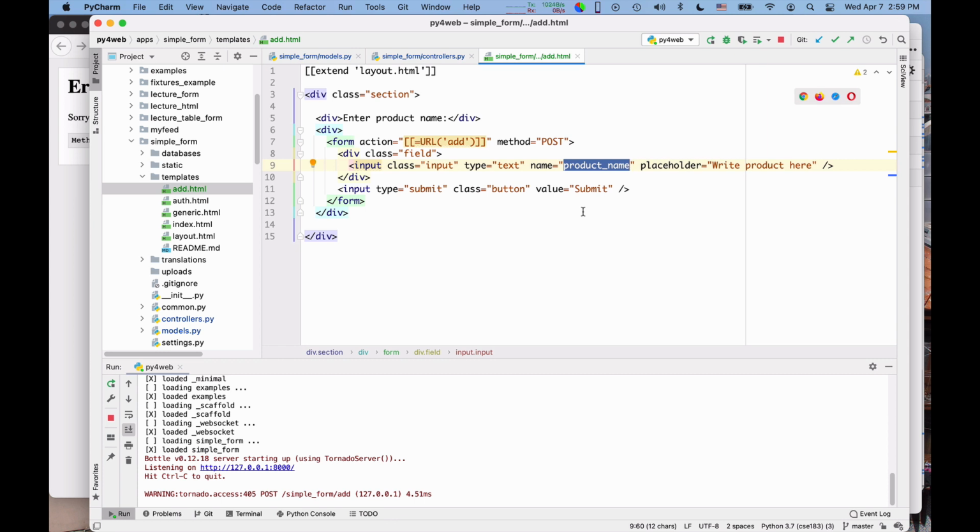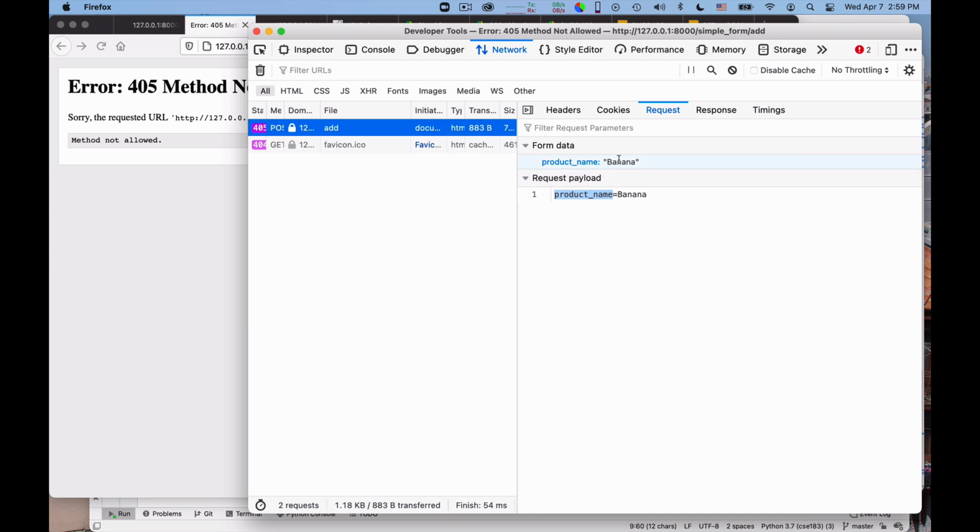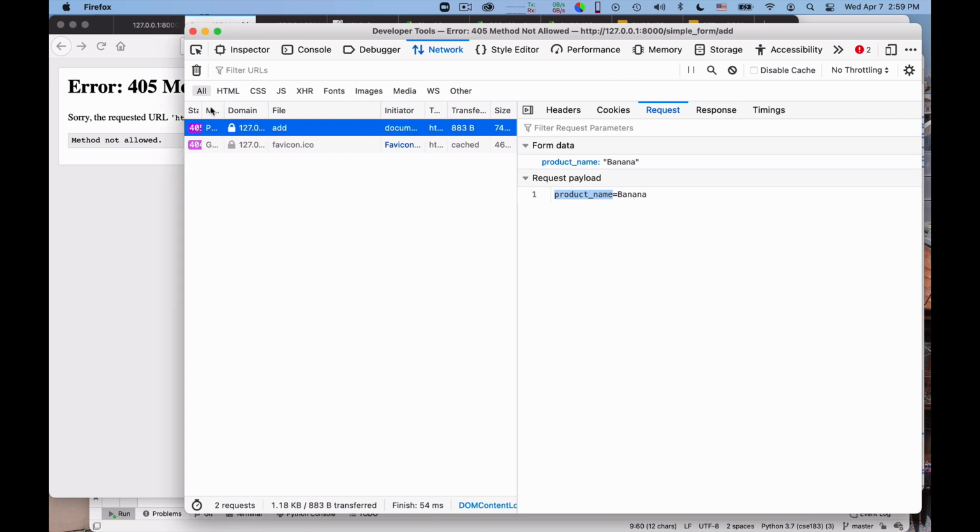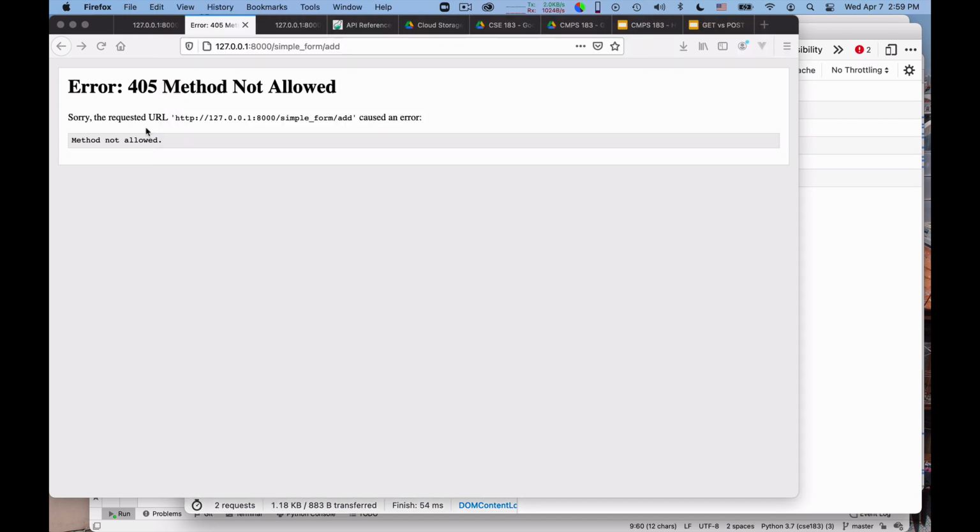So essentially what we sent is a kind of dictionary encoded in the payload of the request that encodes the product name is equal to banana. So the information is transmitted correctly. The problem is that we got in response an error 405 that says method not allowed.